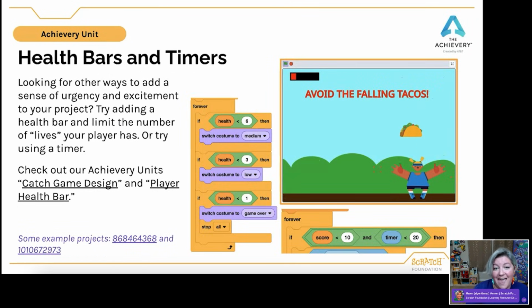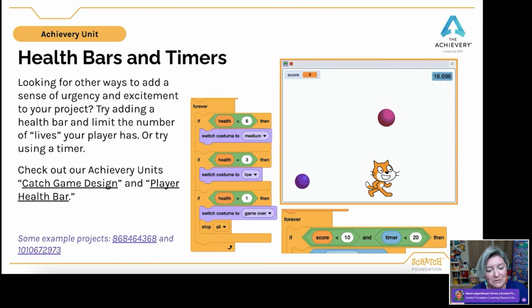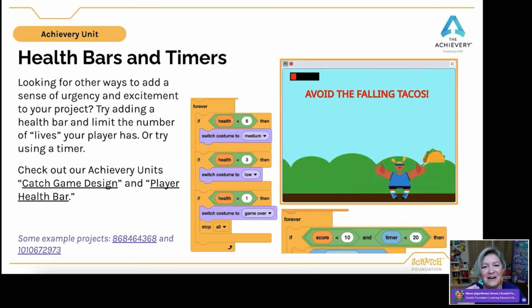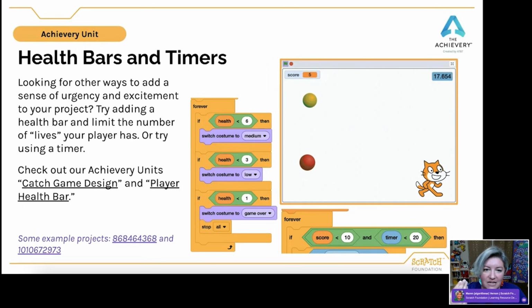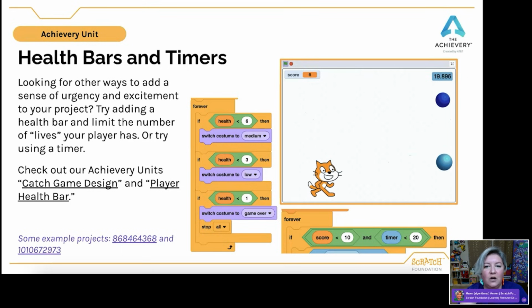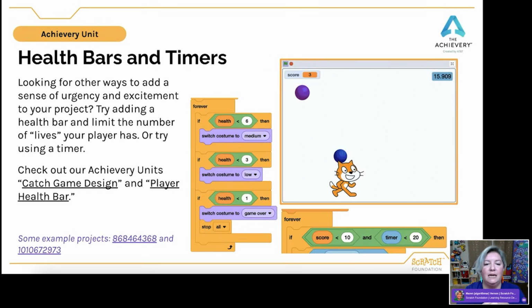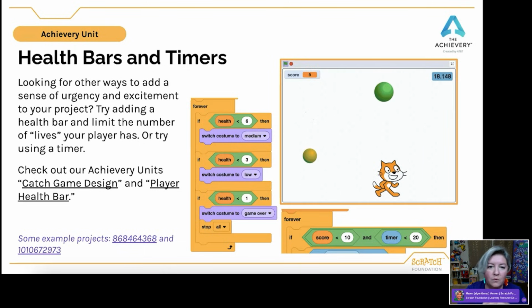Health bars and timers. Also, speaking of urgency, I'm on my own timer here, so I'm trying to be very cognizant of getting through my slides. But health bars and timers can add that sense of urgency to a game. We have a wonderful Achiever unit all about creating your own health bar, which I love.